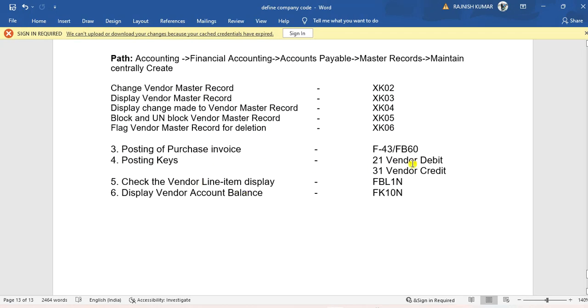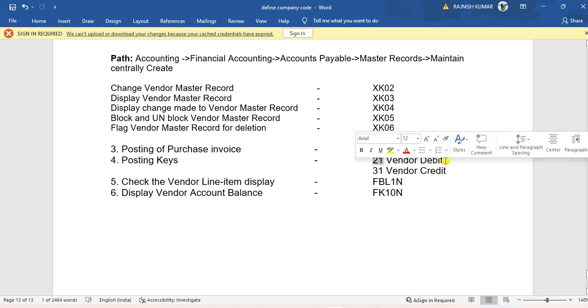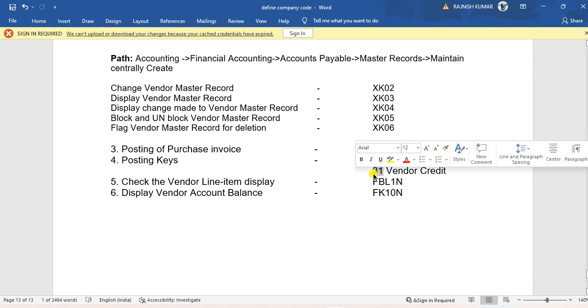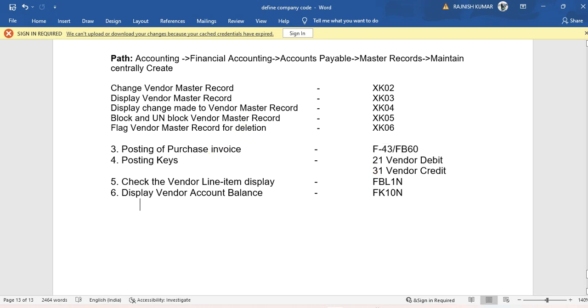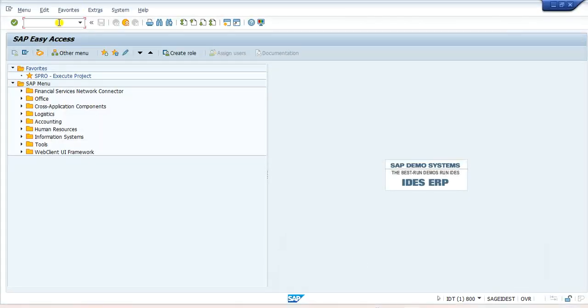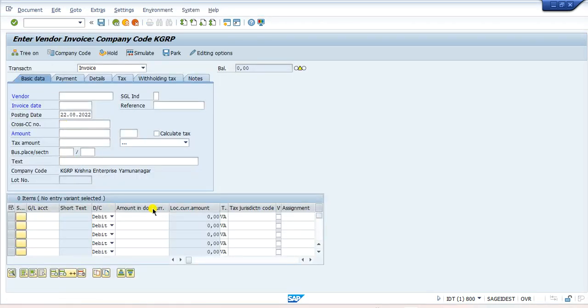Now the posting of the purchase invoice, posting keys. Yes, this is the important part. Posting keys are two-digit numbers that define whether a particular document is a debit or a credit. For the vendor invoice, 21 is the vendor debit key and 31 is the vendor credit key. If you want to create an invoice for the vendor document, we have to go to the transaction code LB60. This is our menu for the